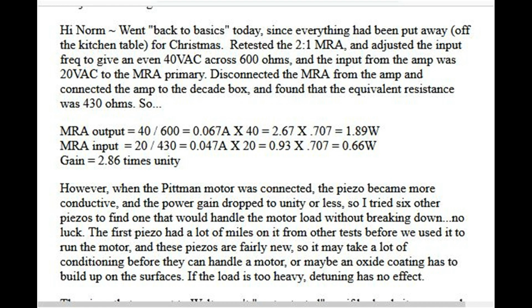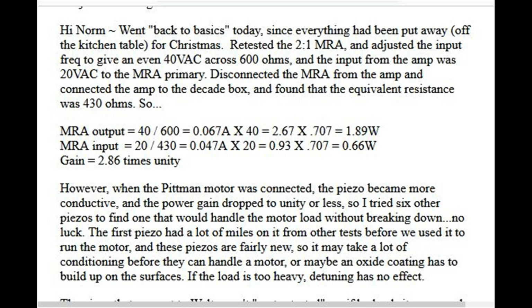Retested the 2.1 MRA, and adjusted the input frequency to give an even 40 volts alternating current across 600 ohms, and the input from the amp was 20 VAC to the MRA primary. Disconnected the MRA from the amp and connected the amp to the decade box, and found that the equivalent resistance